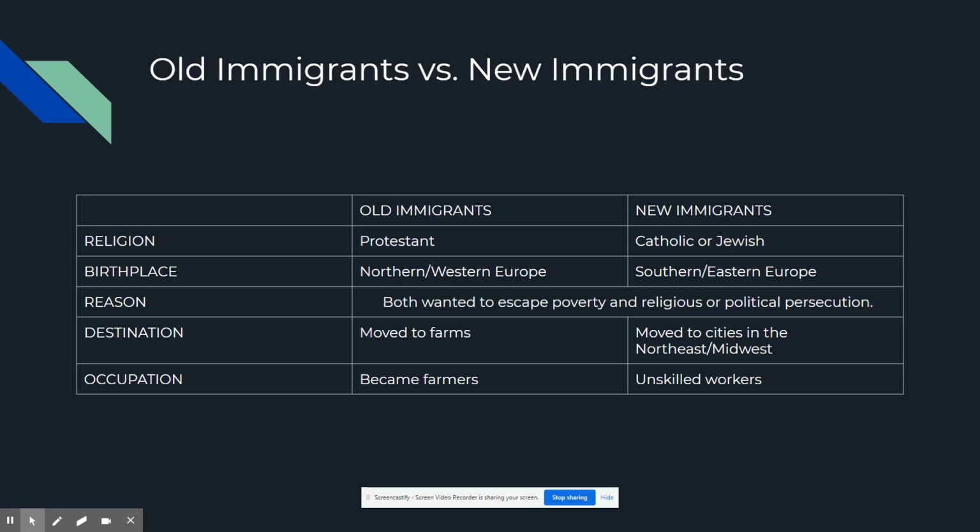So this chart explains the difference between old immigrants and new immigrants. As I stated, old immigrants were Protestant. They usually came from Northern or Western Europe, like Spain, England, Portugal, France, or even Scandinavian countries, and would come to the United States. They more often than not became farmers because farmland